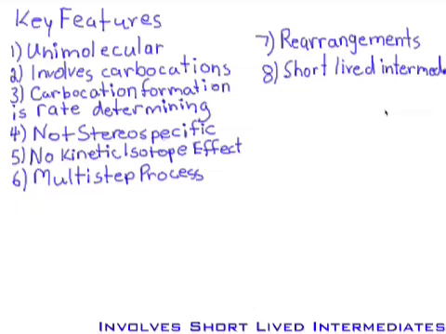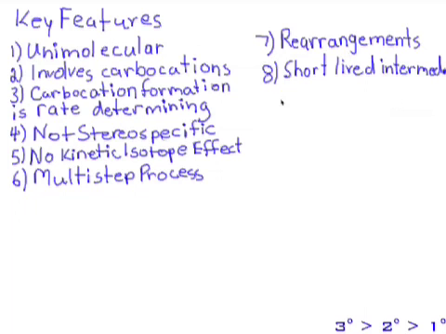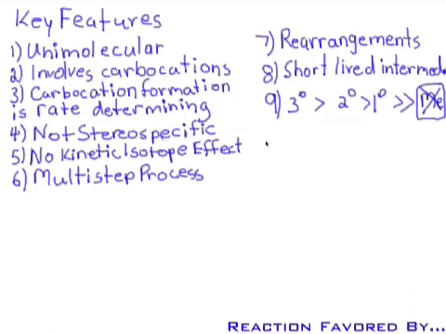Now, number 9 looks very similar to what we saw for SN1, but it will need a little explanation. Tertiary reacts much faster than secondary, and that reacts faster than primary. We often find that, and I will accept just tertiary is faster than secondary. That's good enough. Primary is much faster than methyl. Can you guess why? That's pretty obvious. You need at least 2 carbons to make a double bond, and methyls only have 1 carbon, so they can't undergo this mechanism. And then we conclude overall the reactions favored by